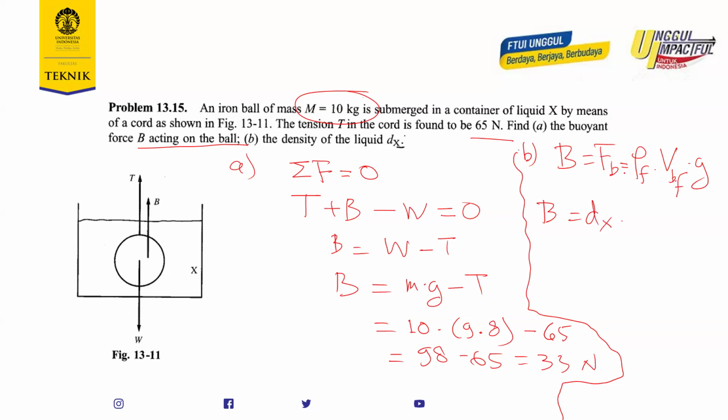So we need to measure the volume, right? The volume submerged in the fluid, times g. So dx becomes B divided by V_BF times g. But we need to calculate the volume first. Since this one is iron, we need to understand what the density of iron is. So the density of iron is